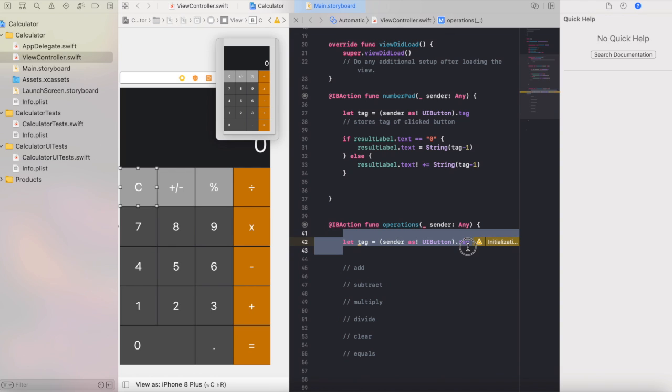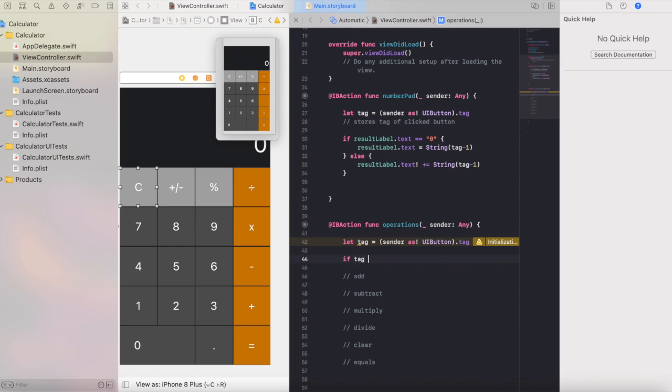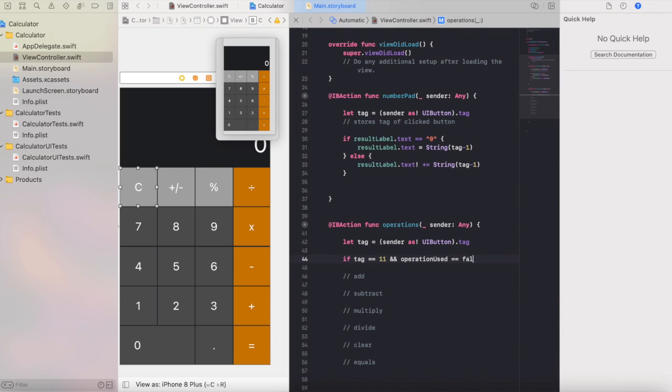So we'll start by adding this tag constant, and it'll give us this warning saying that we haven't used it yet, but we will be using it in a couple minutes. Next we're going to do an if statement, which will say if tag is equal to 11, and which will be this double and, operation used equals false, then what we want to do is we want to see,